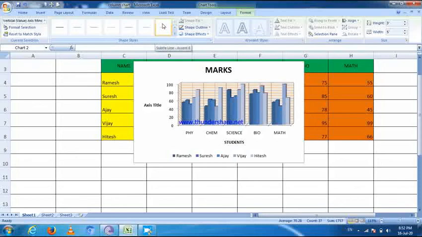So students, this is creating charts, and you can apply three tabs to your charts: design tab, layout tab, and format tab. In the design, layout, and format tabs, there are many options available that you can use for editing and formatting the charts.